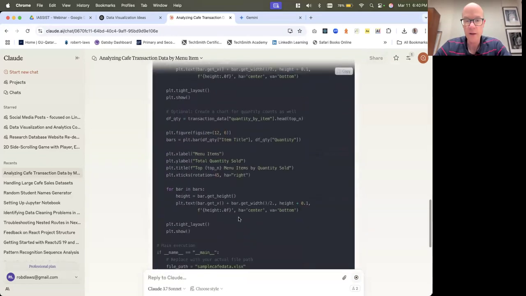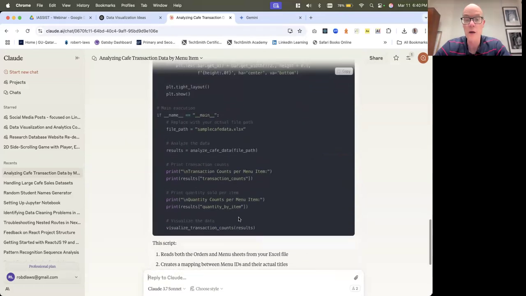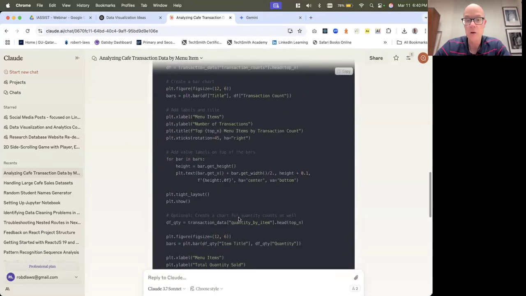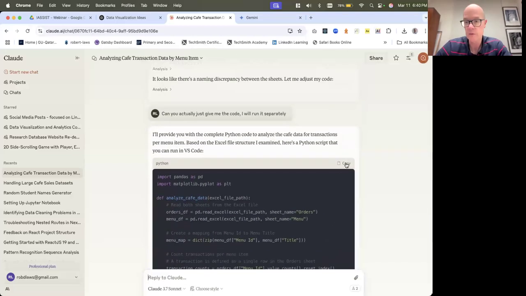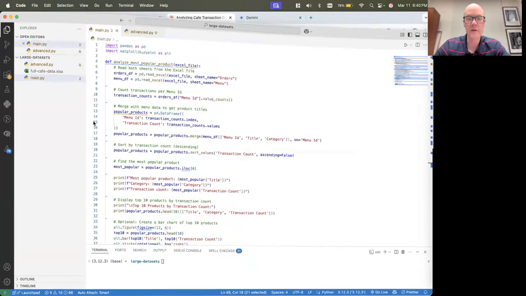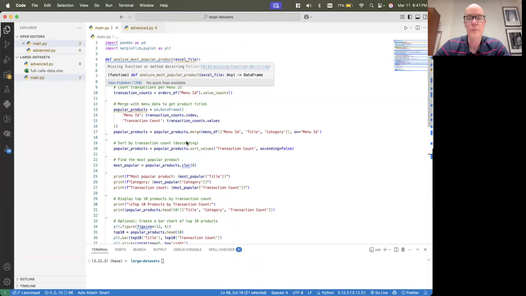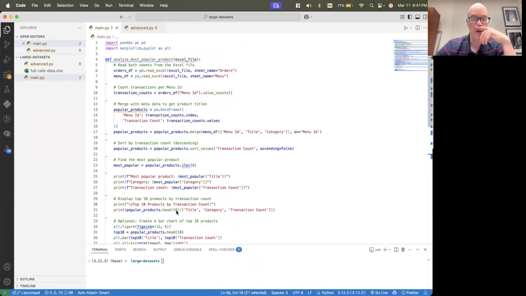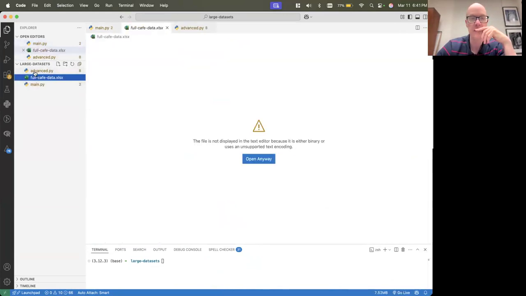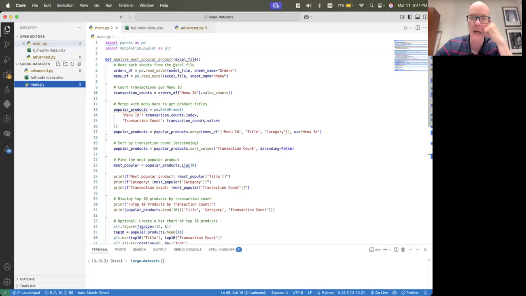The cool thing about this is that it does this code really well. So we have all this here, and what I could do is copy this and bring it over to VS Code. Now, VS Code is a separate software that could be used to actually run the code generated. I've already got the code up here and it's basically the same thing. I'll just show you how it works. I've put the data file in the same directory, the same location as this.